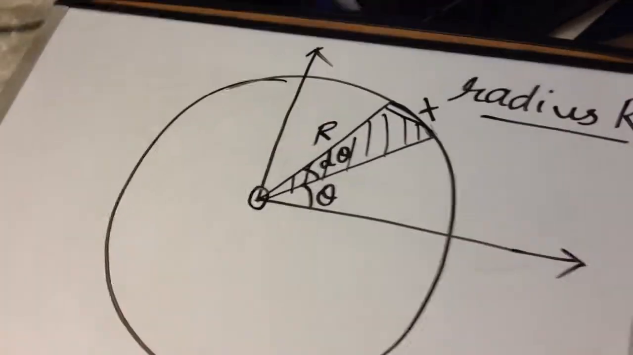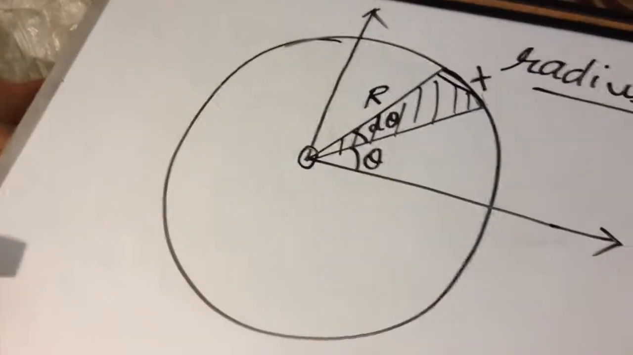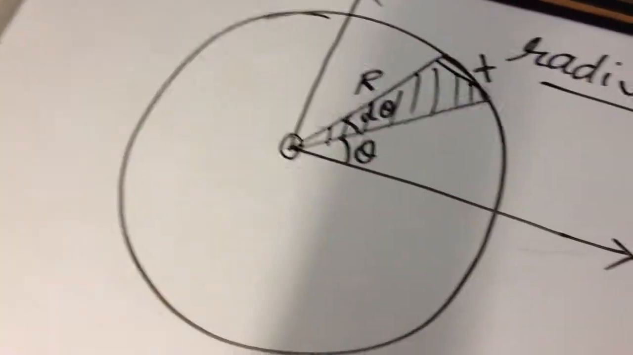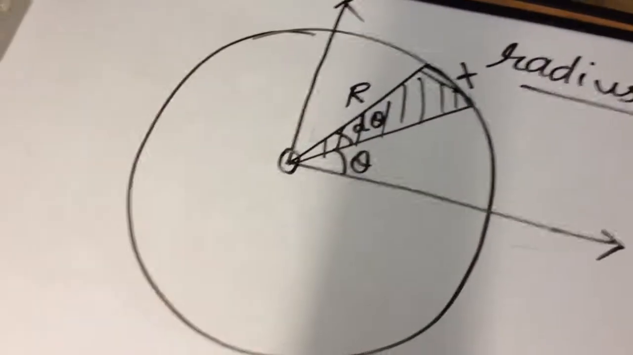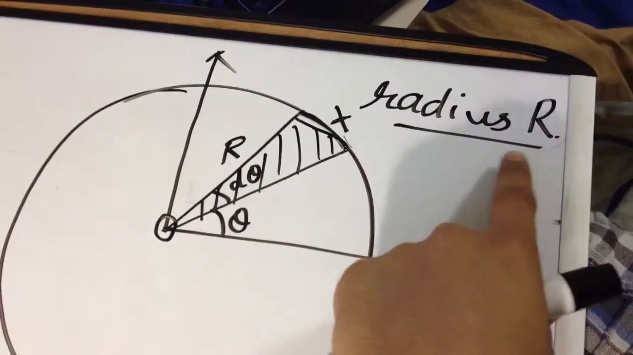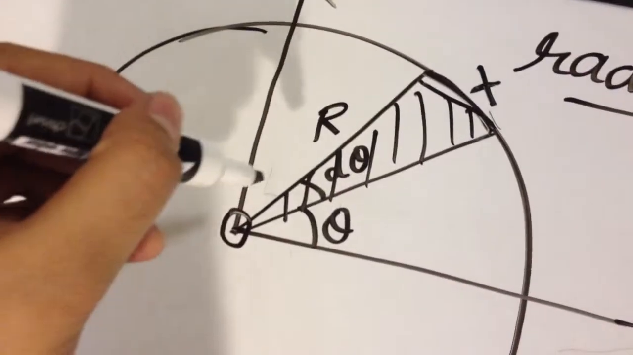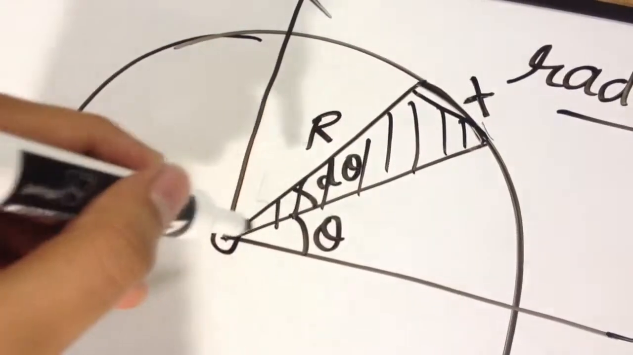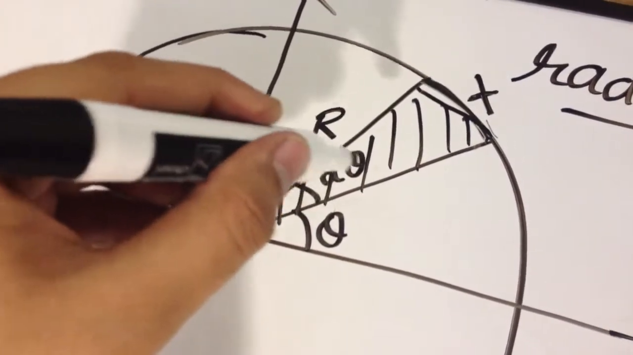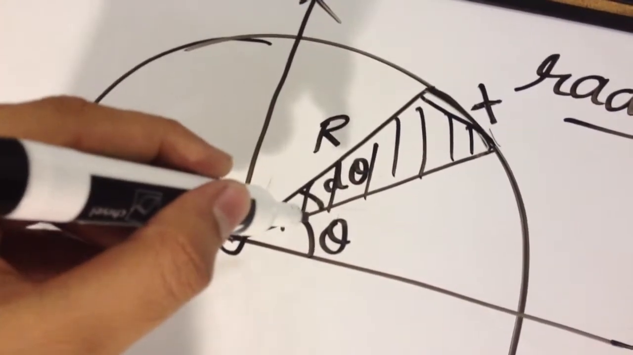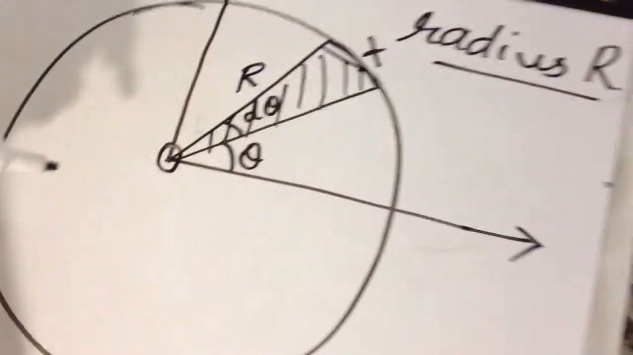Hi everybody, so we're going to be deriving the area of a circle in this video, which is pretty simple. Here I've considered a circle of radius capital R, and I've considered a strip of area in the circle which inscribes an angle d theta at the center, and which is an angle of theta with respect to this horizontal